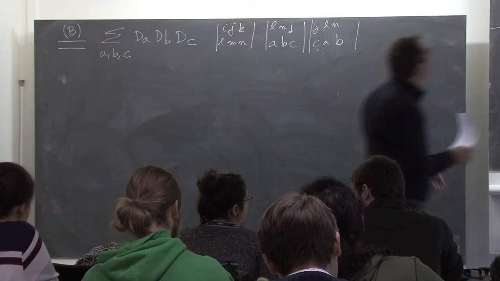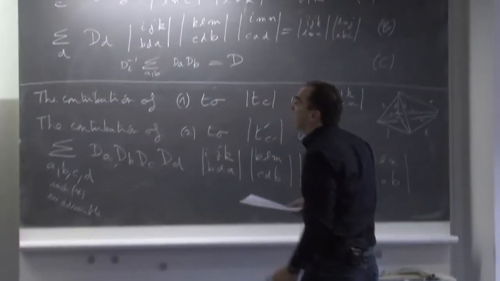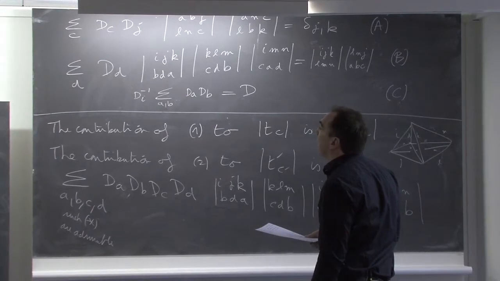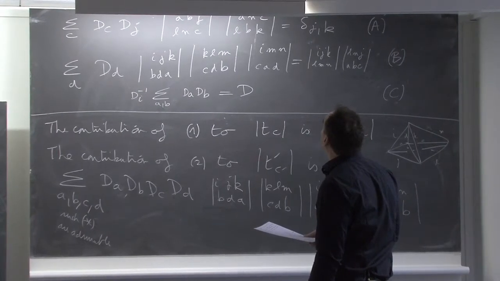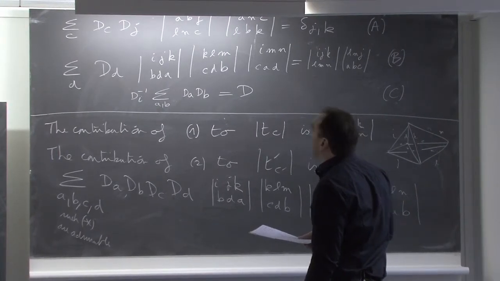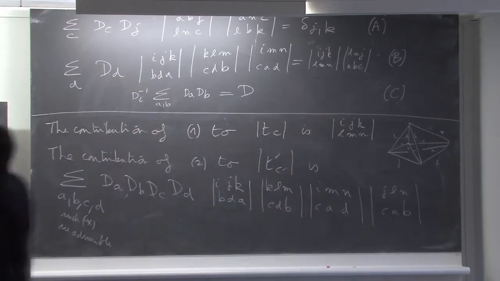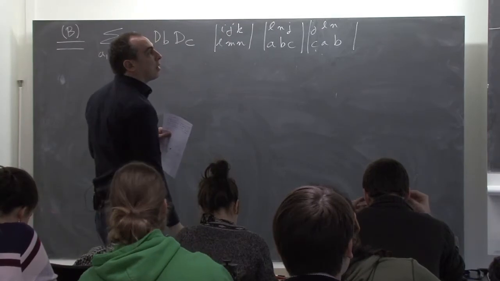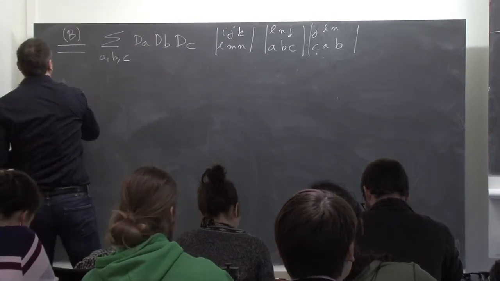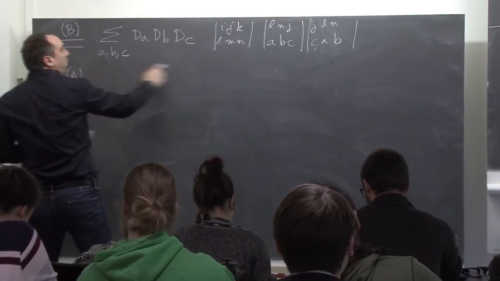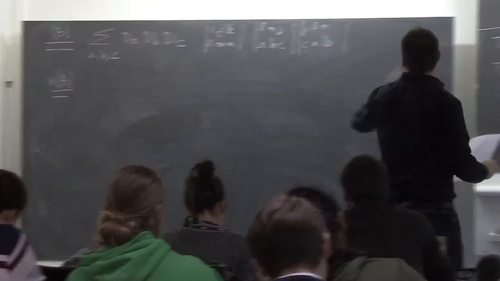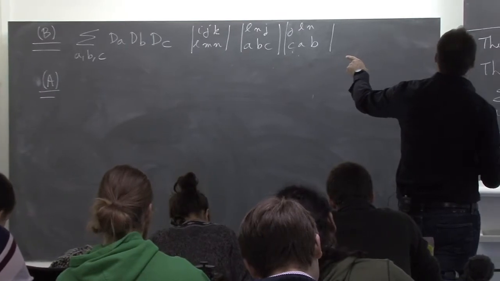And now, if you look, using A with this one, we use the orthogonality relation with these two and the symmetry, so A, B, G, L, and C,